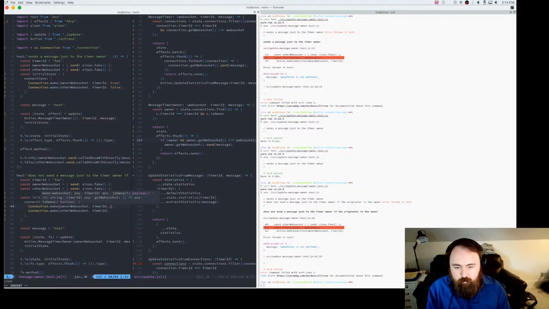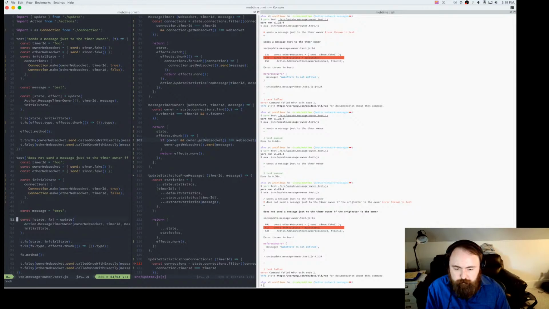So it looks like again we have someone that is the owner and someone that is not. It doesn't send a message to the owner if the person that sent the message is the owner. This just says that they are both falsy, so that's cool. Oops. There we go. Typing's really hard.